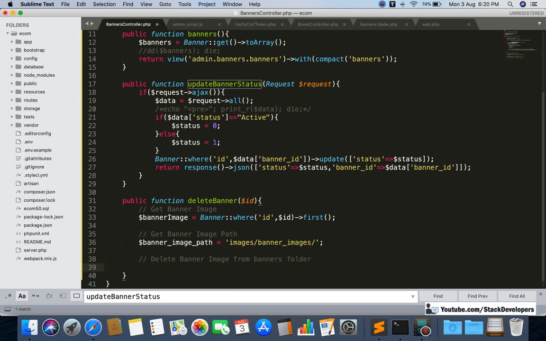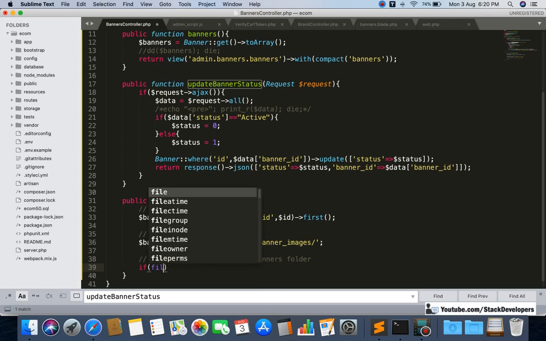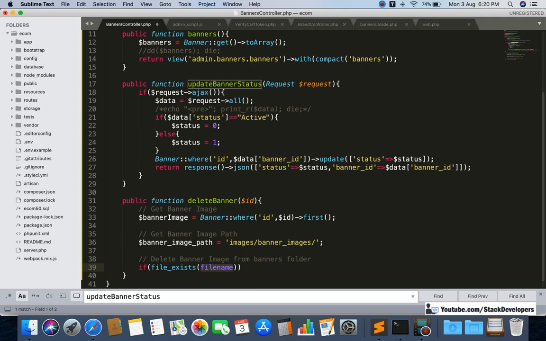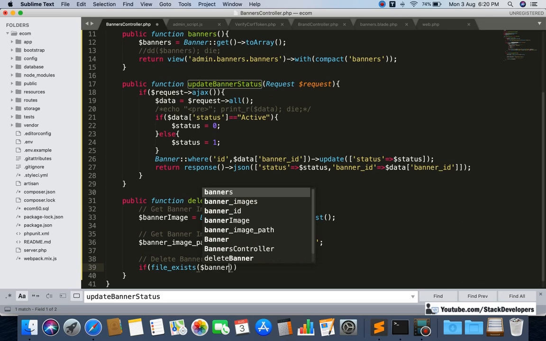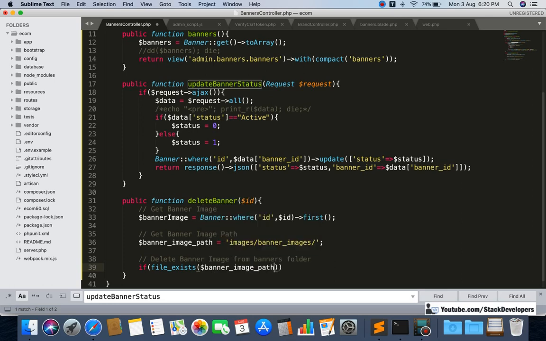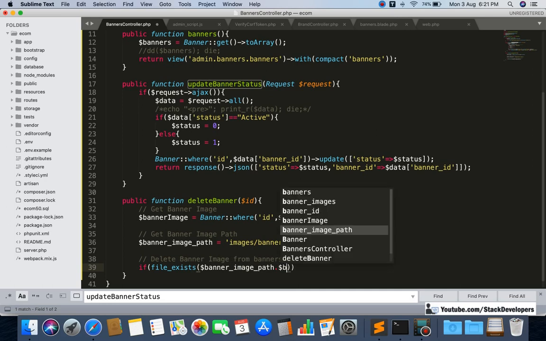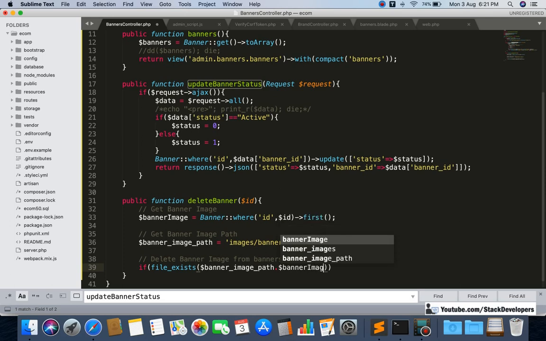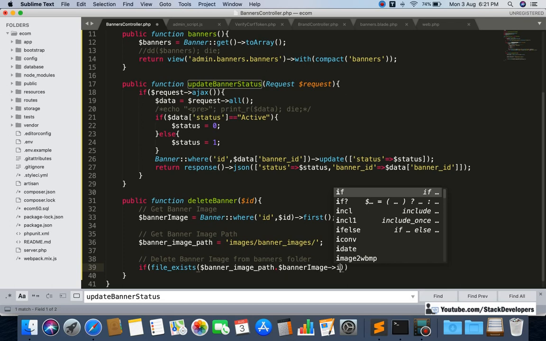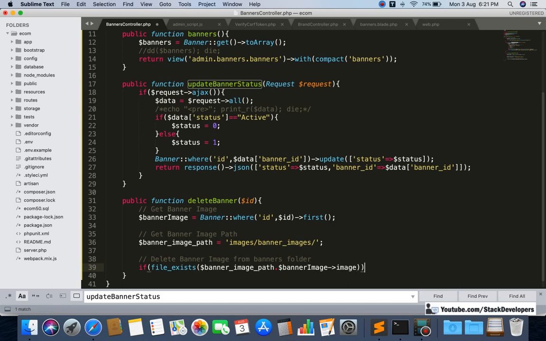If it exists then only we can delete, otherwise we bypass this one. Okay, file exists, then we will write here $bannerImagePath. We are checking if the banner exists inside this path with the name of our banner image. If it exists then we are going to delete it from this path itself.